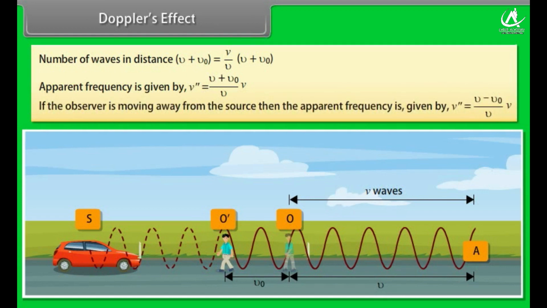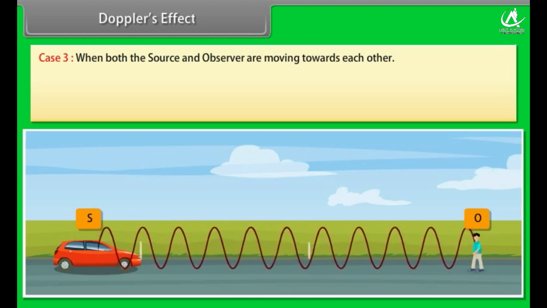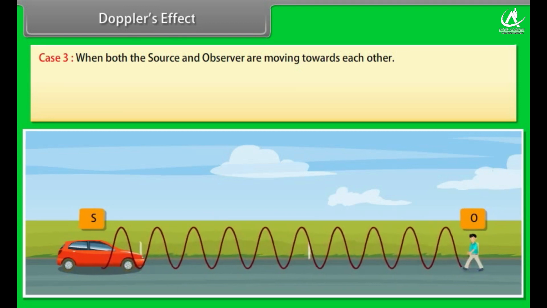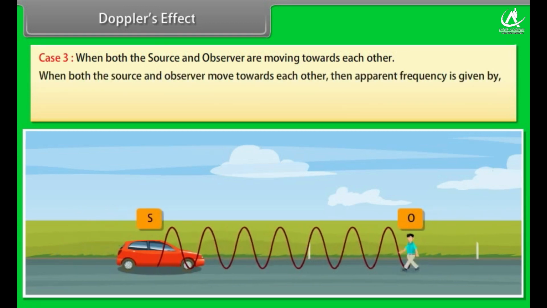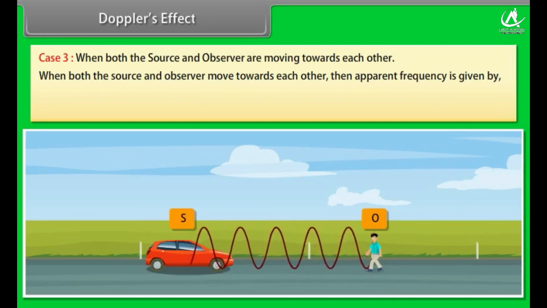If the observer is moving away from the source, then the apparent frequency is given by nu double dash is equal to v minus v0 upon v multiplied by nu. Case 3. When both the source and the observer are moving towards each other. When both the source and the observer move towards each other, then apparent frequency is given by